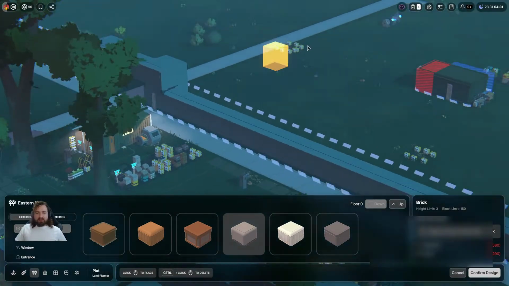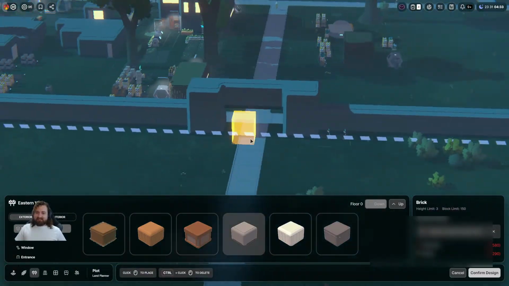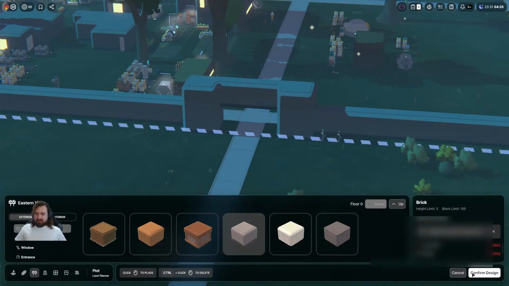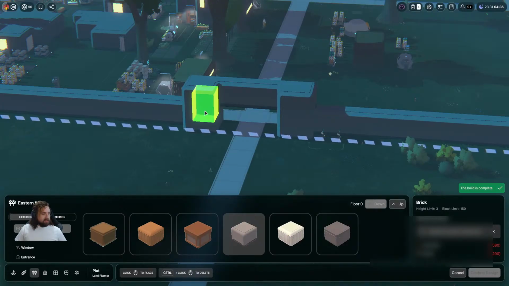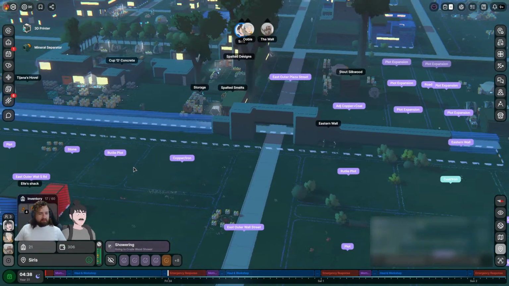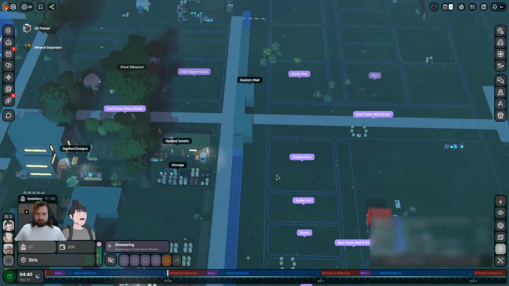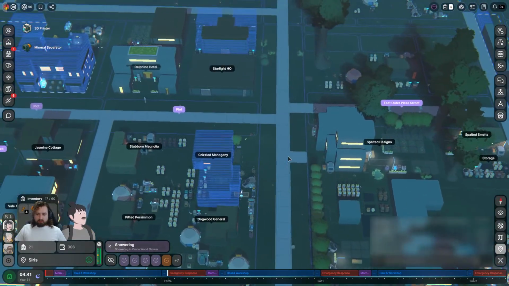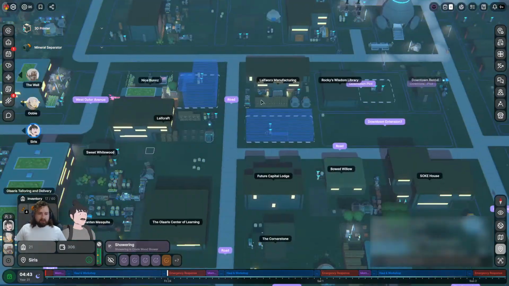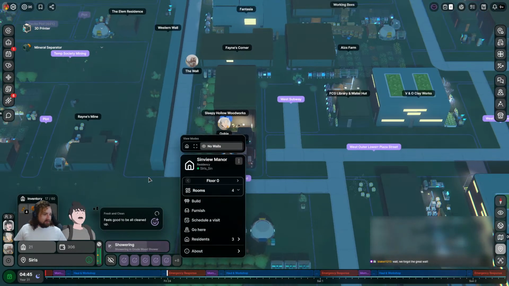Alright, looks like we can get the wall a little bit wider now. Oh, it's gonna be so sick. And that's not even a lot, to really get it going. There we go. Alright, I can put some of the stuff down. Man, I like having a two-story house.